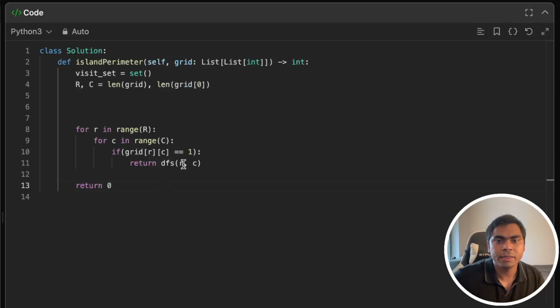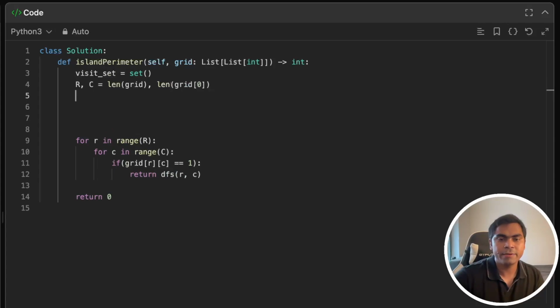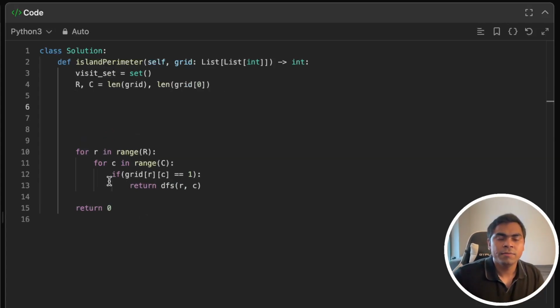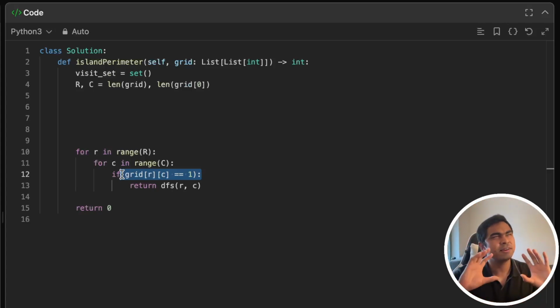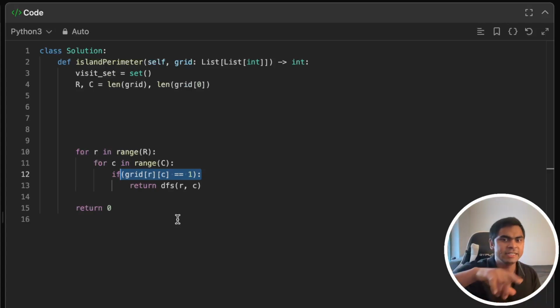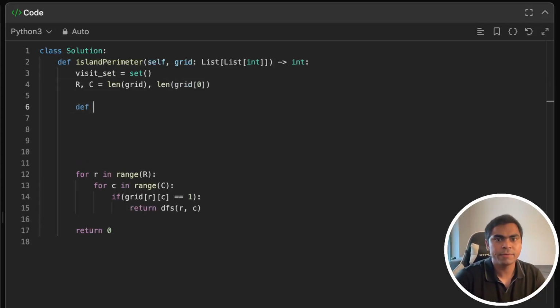Now let's implement this DFS. So it's taking a row and column. Whenever we come across the land, now we're going to traverse the entire land. You can imagine it like in reality, you were in the water and you found just one side of the land, and now you want to take a walk on the entire land, right? So what we'll do is we'll have a DFS,